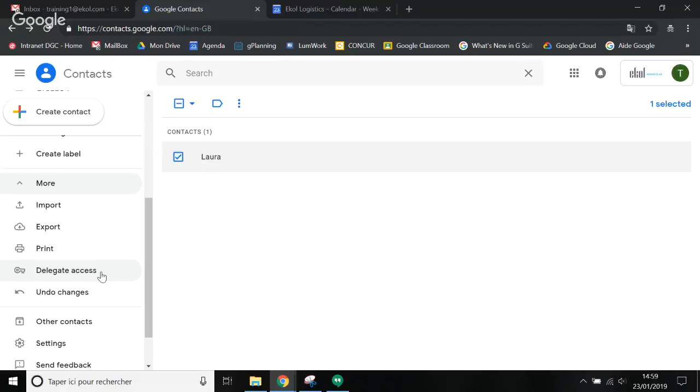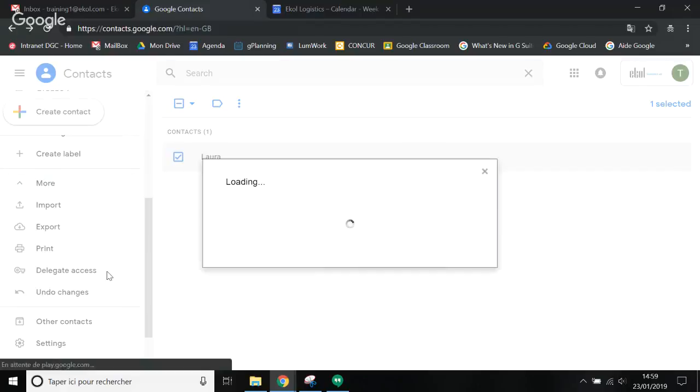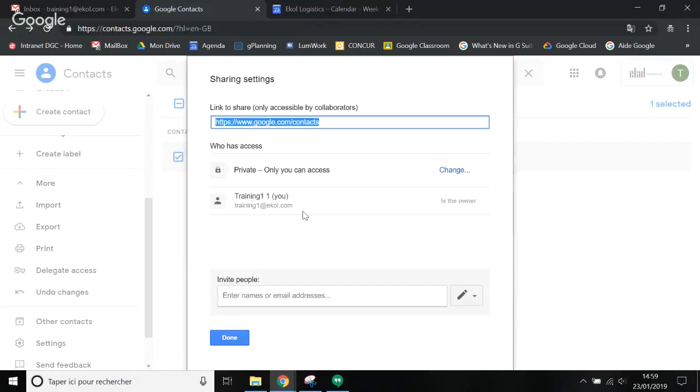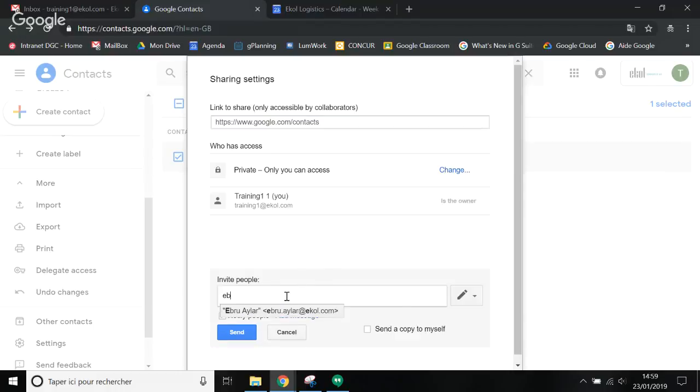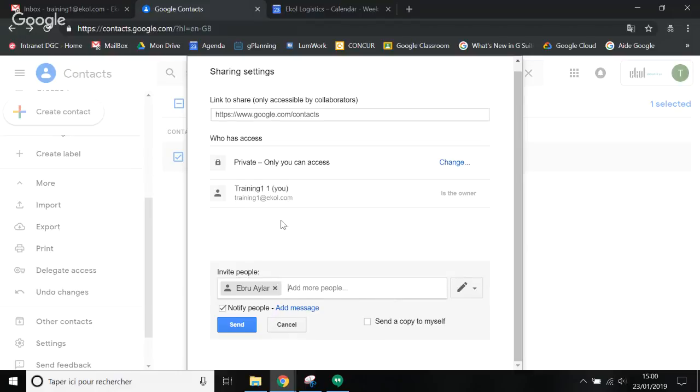And this is different from delegating access to your calendar, right? These are two different steps. Just saying because this is a question that I get a lot. Delegate access, okay. I can see at the moment that training one is the owner. I could select here and decide that Ebro, for example, I'm not going to send it, but Ebro is now able to have access to my contacts. If I click on send, Ebro will be able to have access to my contacts and see them